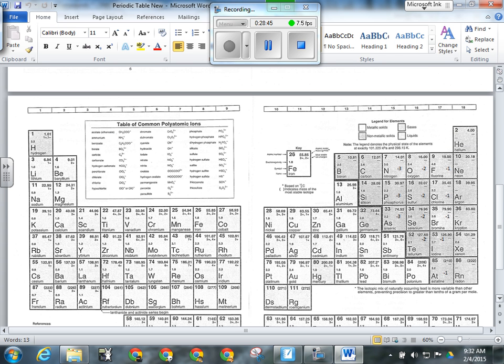So on the top of your periodic table, it says table of common polyatomic ions on it. Okay? Now, in there, you will find